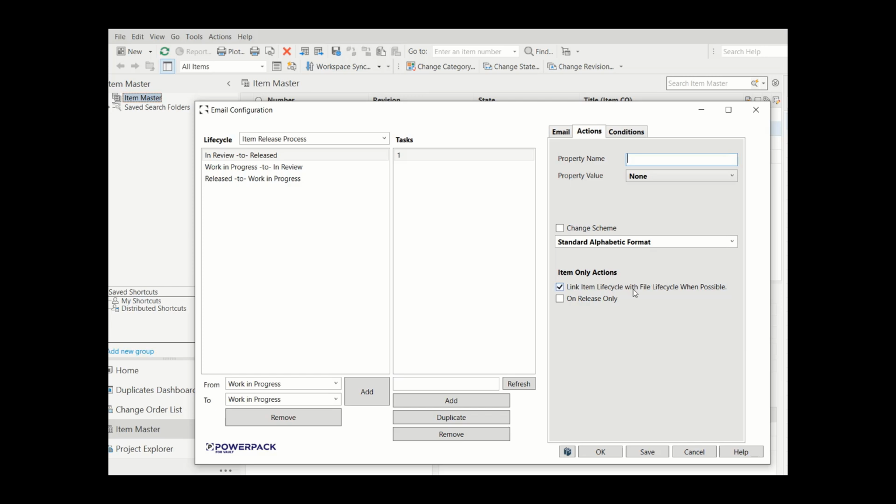It also will set, if you set it up, it can be set so when the item changes to work in progress or review, the file also changes to work in progress or review. Now, currently how this works is it's set on a match with the actual name of the lifecycle state. So both states, file and lifecycle, have to have a matching state of the same name in order for the